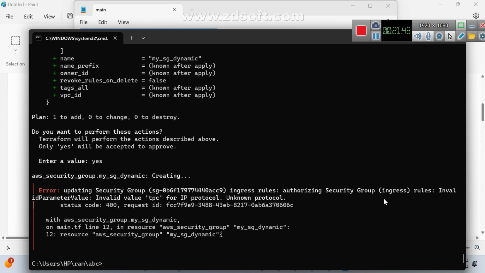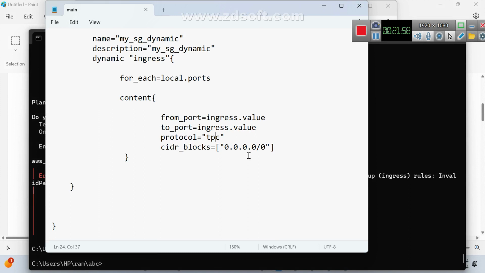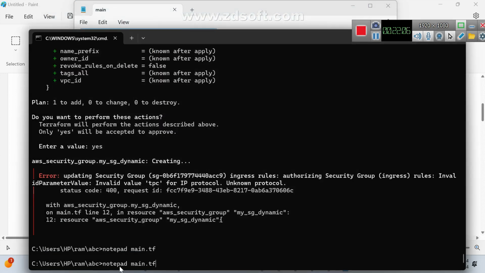Authorizing security group ingress rules failed, invalid parameter. Any spelling mistake? It's for TCP. Ah, yeah, understood. The system is saying: hey, you did something, I know what you did. TCP. Slowly you're understanding what was going on. Now, Terraform apply.